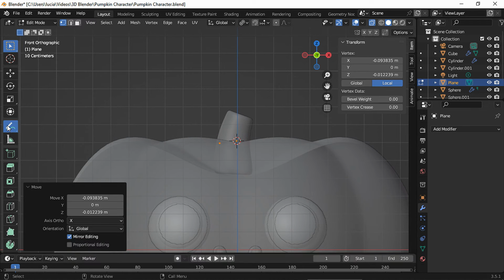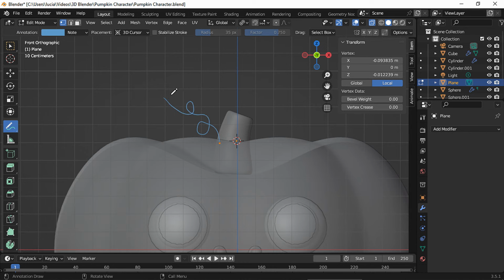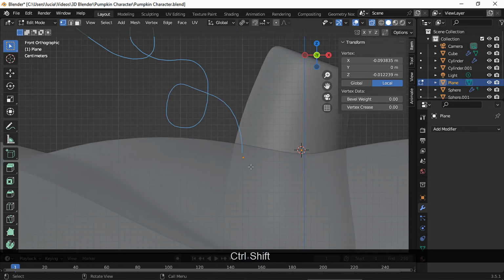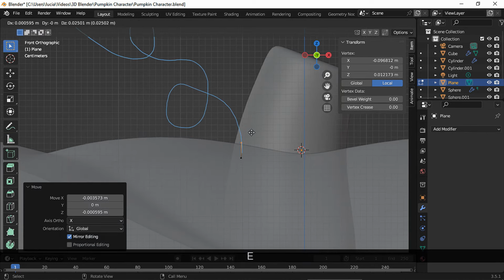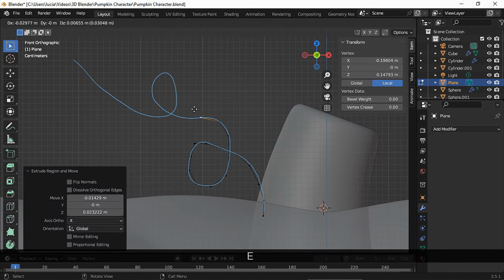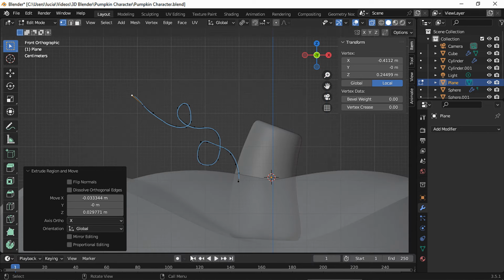I'm gonna use the annotation tool to draw the shape I want. This is just a visual help. Let's move the vertex and extrude, move the cursor, left click and extrude again. Use the shape we drew as a reference and let's complete the entire doodle. Delete the annotation,